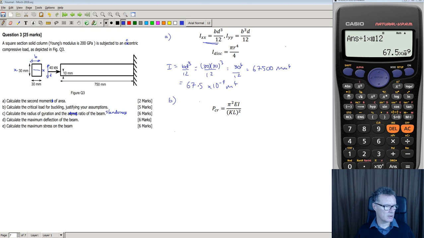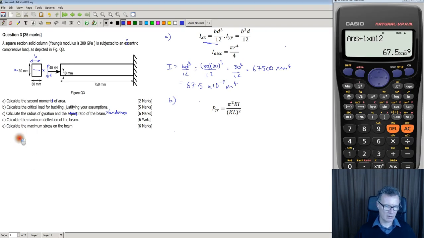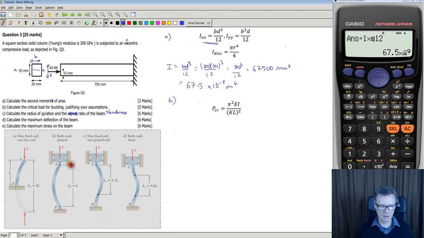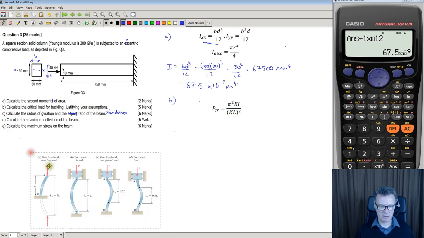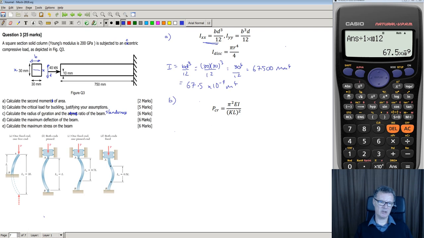If you want to look at all the cases, you need to go to Johnson, Beer and Johnson. I can find that. Yeah, here we go, and they've got a diagram there showing the various examples that you could have. You kind of have to memorize that diagram, but as I said, it's either going to be this case here, K equals 2, which is what we've got at the moment, or this case, maybe in a truss system, K equals 1. Okay,